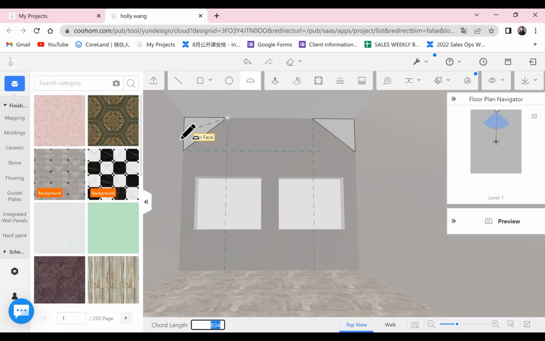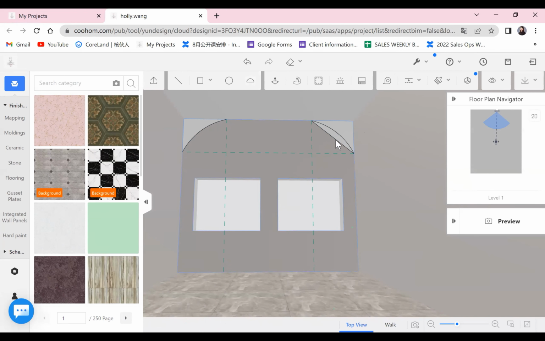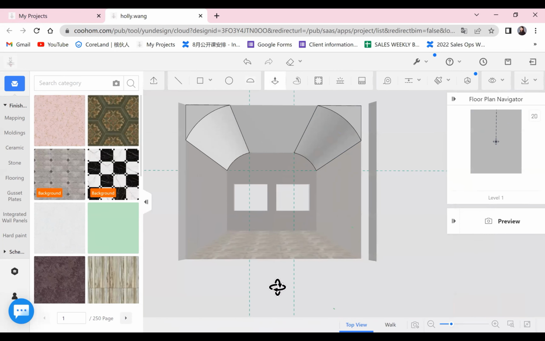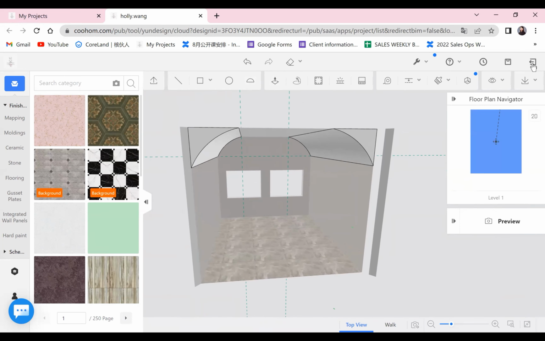So you can use this one. You see, like this. And give it a 150. And on the other side is also 150. Then I can delete the unnecessary line, this part, I don't need it. Delete it, and then we can push and pull. 5,000 and another 5,000. You will have a ceiling like this.